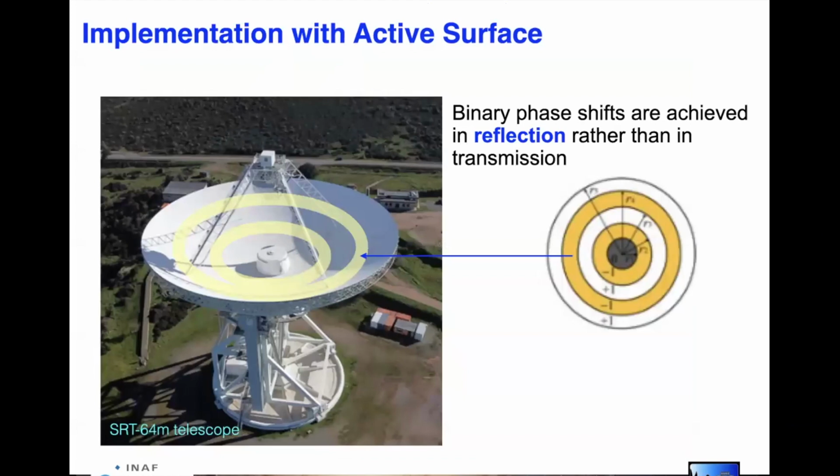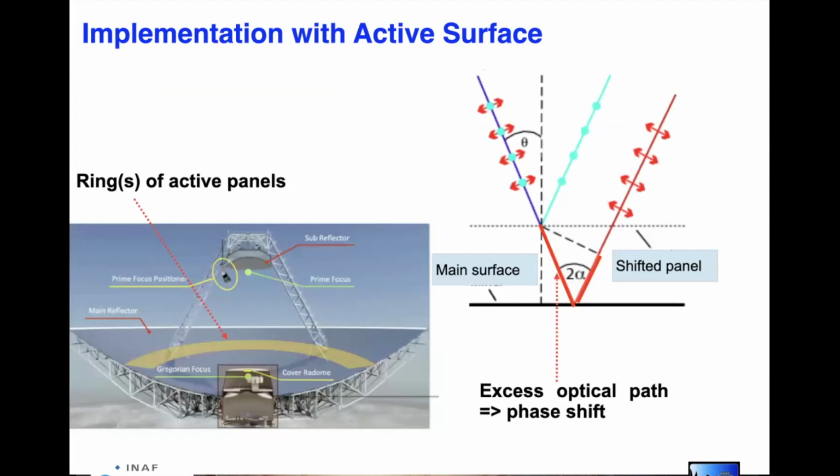What is the concept behind the use of the active surface to simulate Toraldo pupils? As I said before, in principle, you would like to place the Toraldo pupil on the aperture plane of the telescope. Now, you cannot have a phase mask with a 64-meter diameter. So basically what you do is use the active surface of the telescope to simulate the operation of this phase mask. And the phase shifts introduced on the wavefront are implemented in reflection rather than in transmission, as it is shown